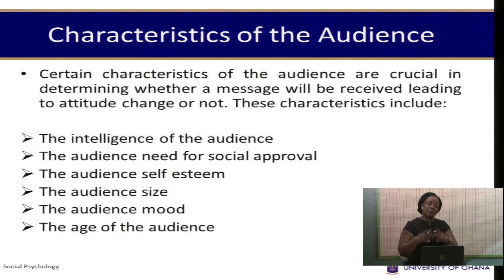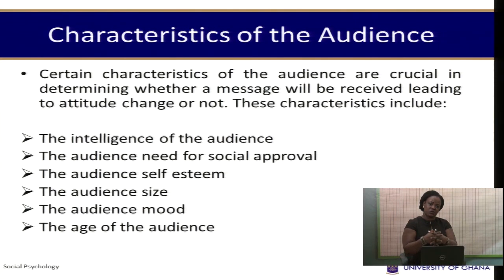The size of the audience. Is it easy to persuade somebody when they are alone or when they are in the midst of a group? Here again, the evidence is mixed, depending on what it is that you want to achieve. Then we talk of the mood of the audience. Can you persuade somebody to do something for you when they are happy as compared to when they are sad? Here again, there is mixed evidence. Sometimes when you want something from your parents, the best time to get it is when they are in a happy mood, right? But sometimes it's also when they are in a sad mood, because then they want to do something to lighten up their own moods. So all of these are dependent, but in fact, they are some of the factors that will determine whether an audience will be persuaded or not.